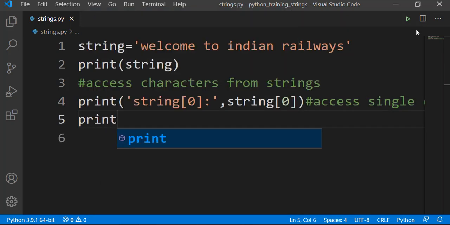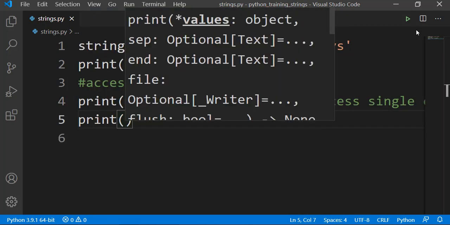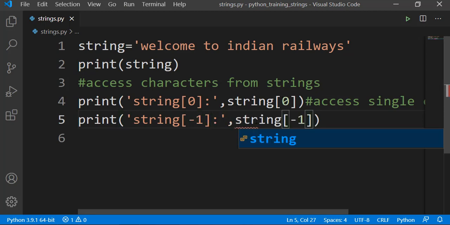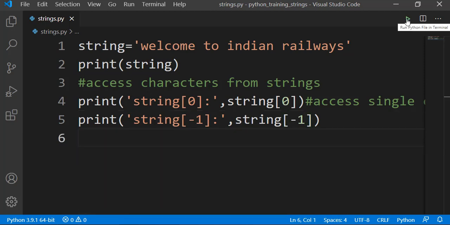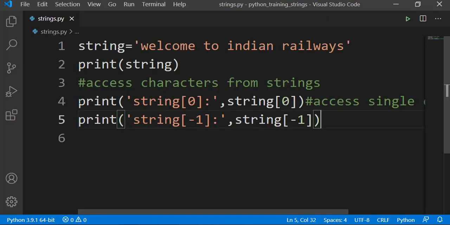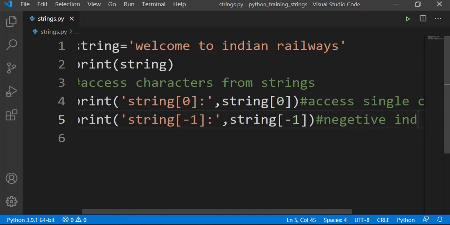Now let's try to give a negative index. Let me give -1, then comma, string of -1. Now let us run this and check. You can see that the last value, at -1 index in reverse order, was S. Let me comment out this negative index.